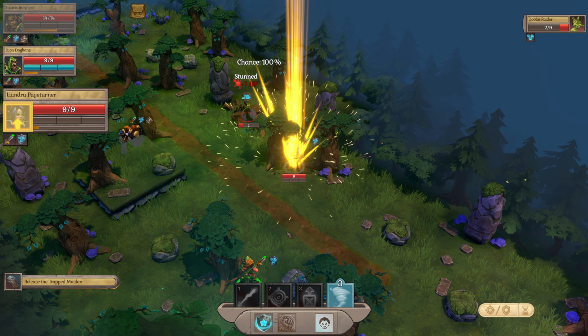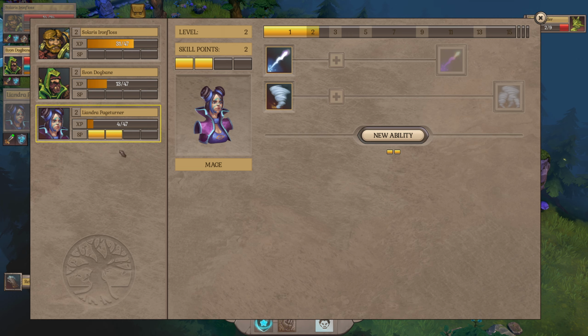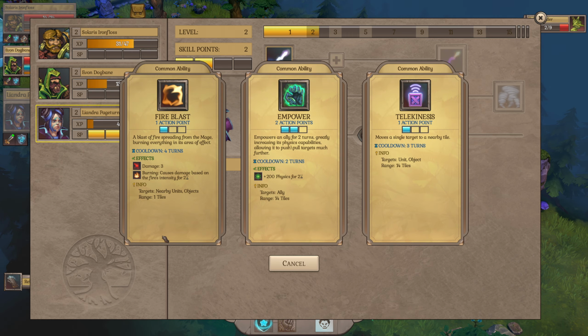Alright, so that's 7 damage, and a level up for her. Nice. Can we do that right away? Oh, we can as well. Go on then. Fire Blast. Ooh, this costs 1 AP. A blast of fire spreading from the mage, burning everything in its area of effect. Ooh. It's just around her. Okay. That could still be okay, but...